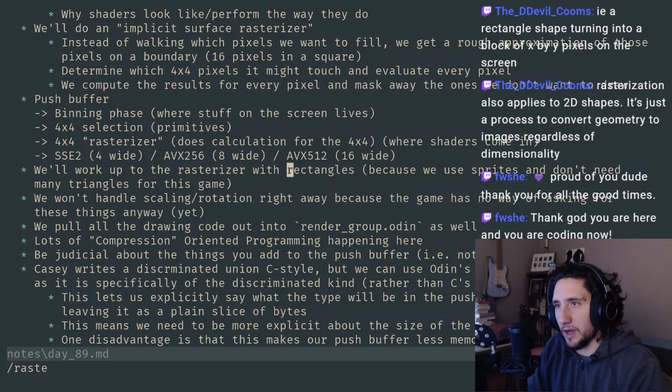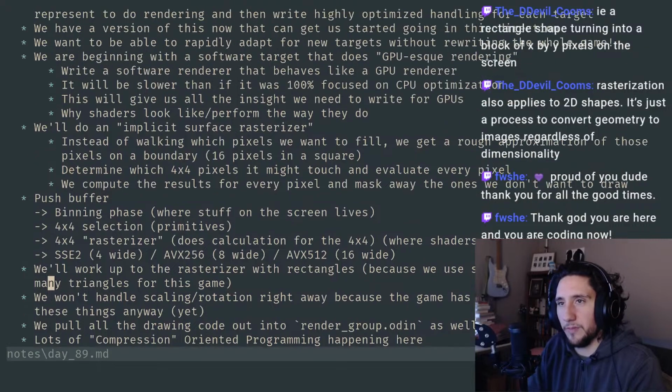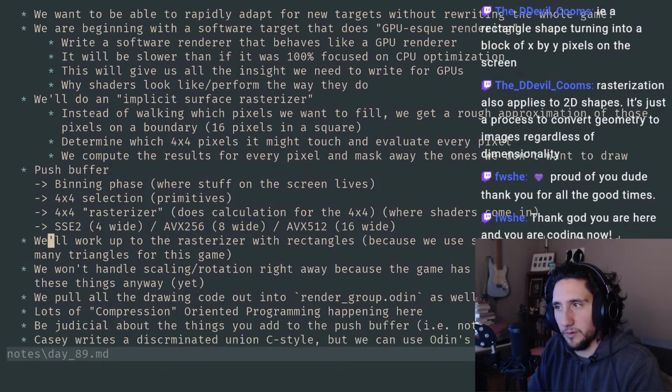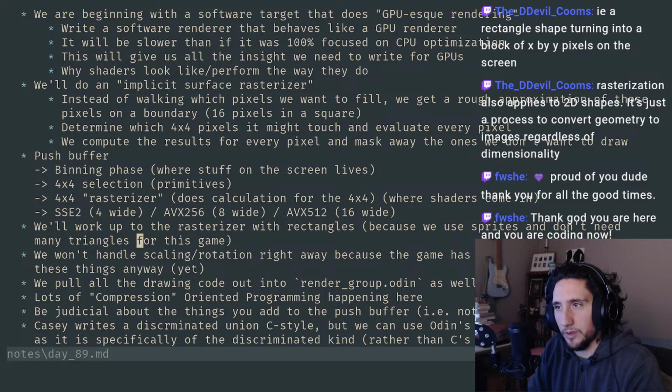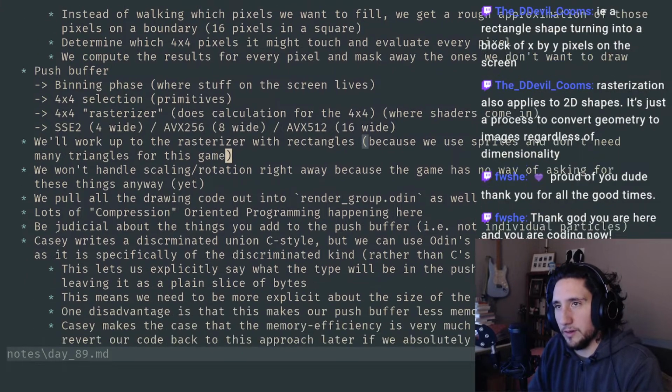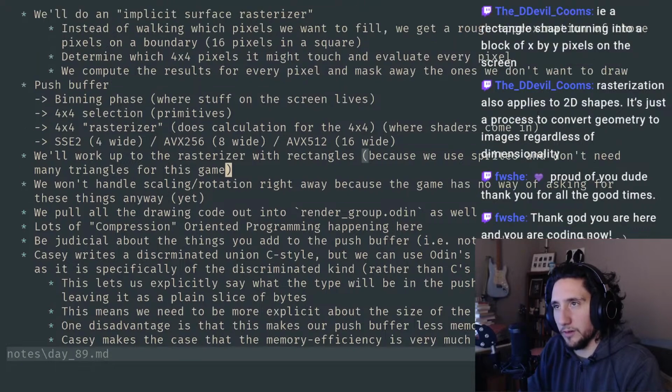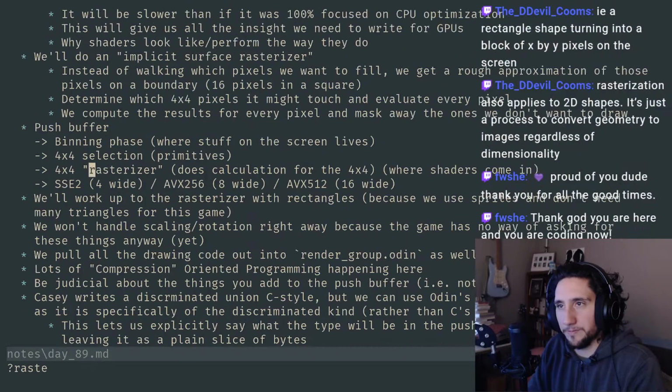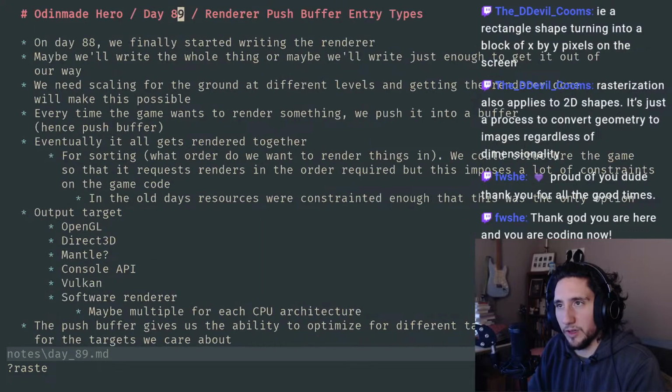Yeah, we'll work up to the rasterizer with rectangles because we use sprites and don't need many triangles for this game. See, a good challenge for me would be to do it with triangles, right? Because that would give me something more to think of, and I feel like I should be thinking in terms of triangles because everything is triangles, ain't it? So, like for 3D, it would have to be. We couldn't do rectangles for 3D, or maybe we could, but it would be very constrained. I don't know. A lot of that is still pretty far outside my depth, but